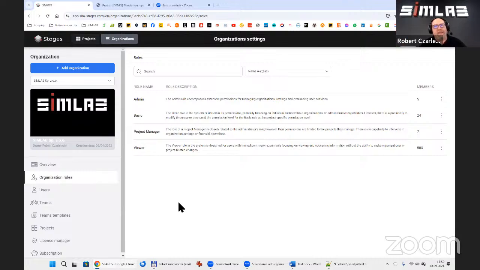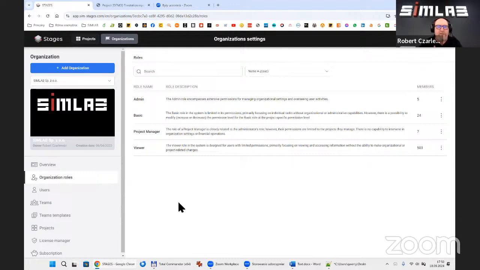In a default setup, basic cannot change the synchronization. So this is quite a basic user, which can add some annotations, add materials to the nodes, change the status of their own nodes, but cannot touch anyone else's materials or nodes, and cannot change the synchronization of the scans, cannot change the name of the stages or project or organization. So this is the basic user.